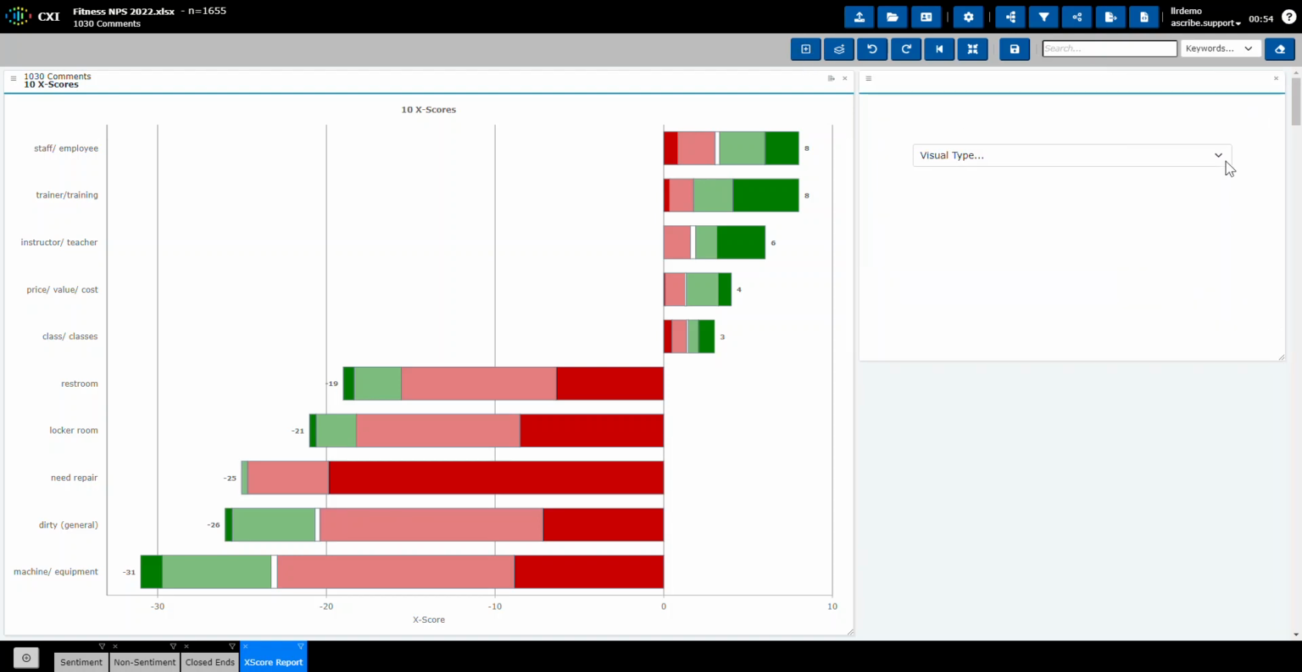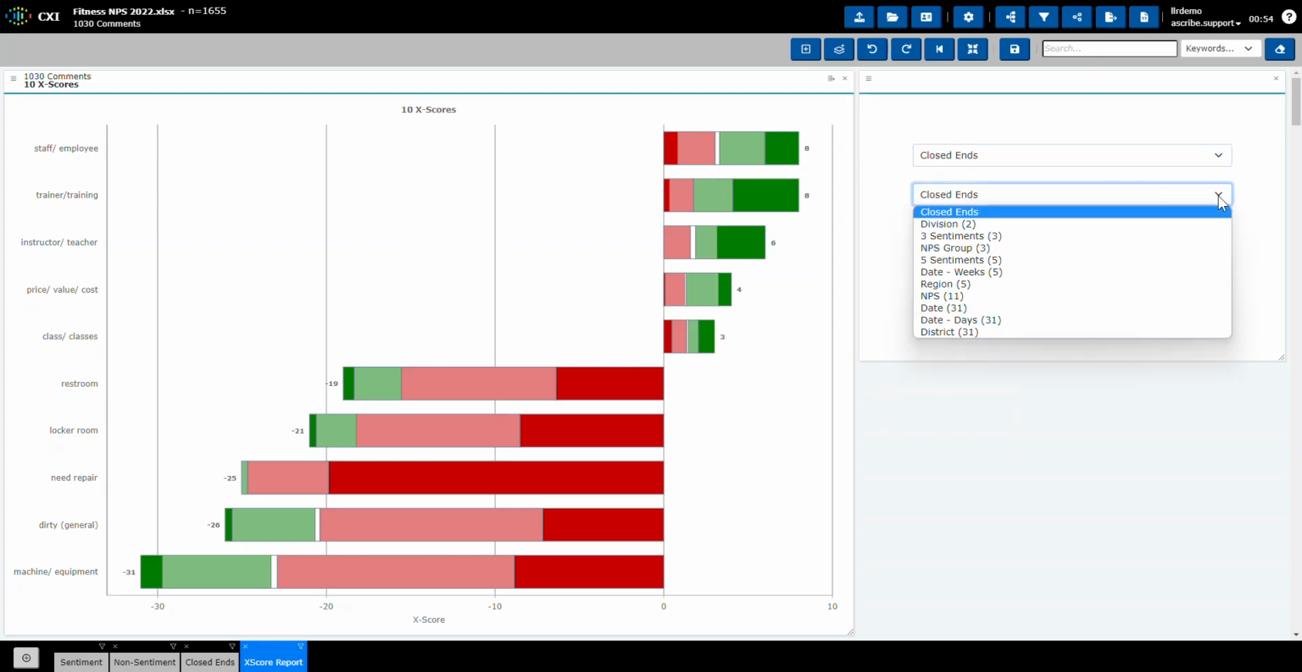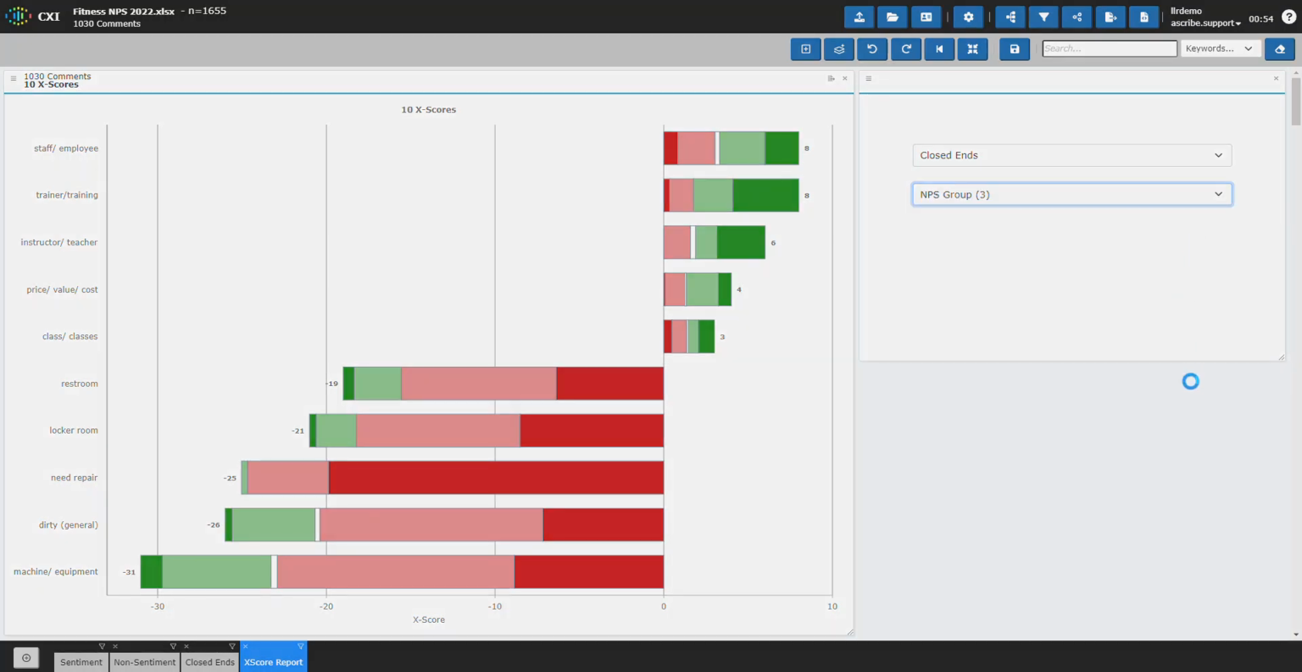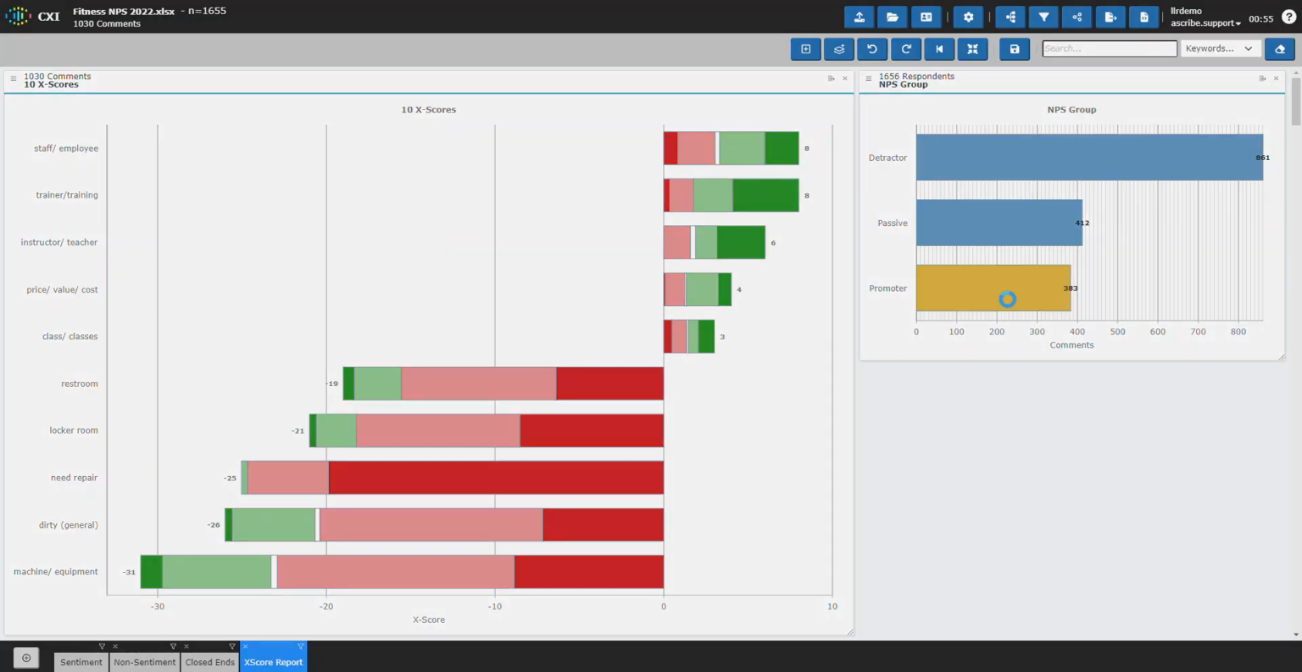And if we like, we could actually add other visuals as well. Maybe we want to add a closed end. Maybe I'm interested in seeing, based on my closed ends, let's just base this on my MPS group. Okay. Give it just a moment. Okay, here's my MPS group, and maybe I'm interested in what's going on with just the promoters. So I can click into the promoters, and I can see